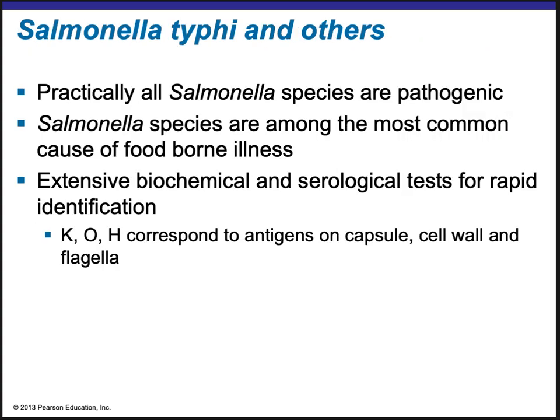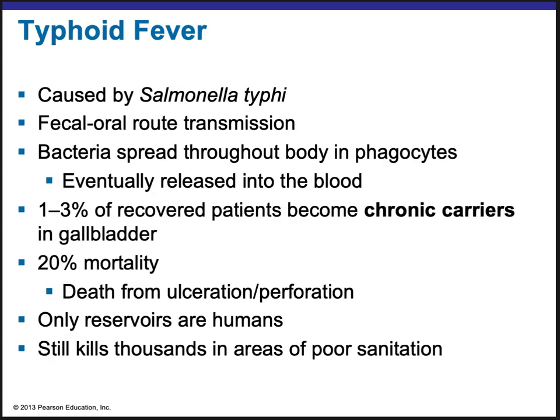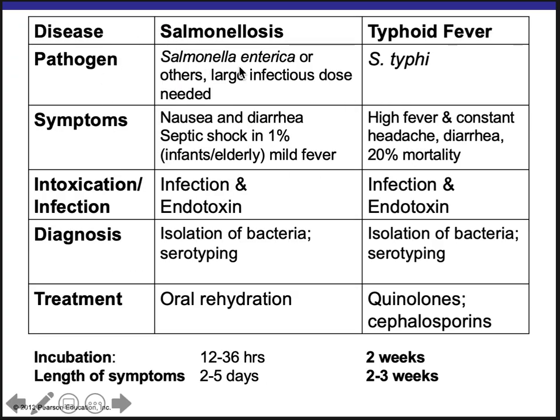All right. So Salmonella, I also started talking to you about Salmonella before, and I told you that we have Salmonella typhi, which causes typhoid fever, and then we have the other types of Salmonella, most commonly, you'll see here Salmonella enterica, but it doesn't have to be Enterica specifically. There are other species as well of Salmonella. So pretty much it's either Salmonella typhi, which causes typhoid fever, or any other Salmonella type, which would cause salmonellosis